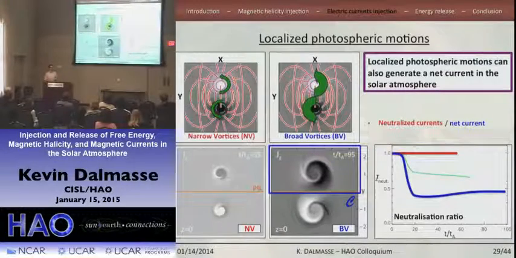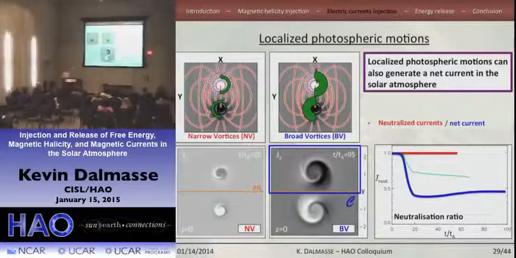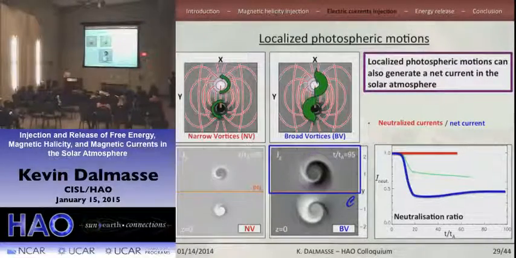Other questions? I have a very naive question. You said the magnetic shear is very fundamental in this process. When you inject or impose the shear, is that through a boundary specification? At the photospheric boundary, we impose the velocity field of the magnetic field line footpoints. That's what we are doing here.